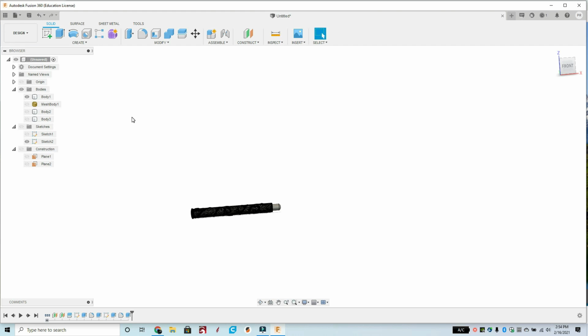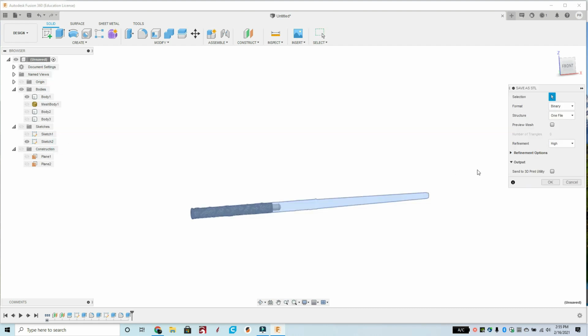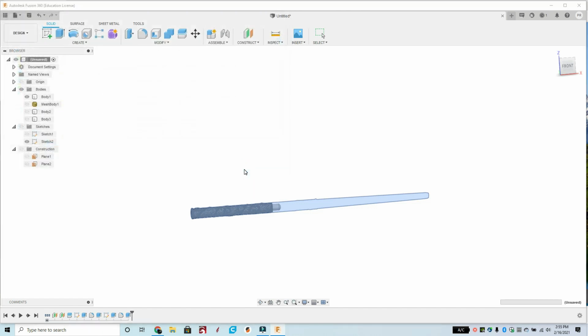If you have multiple bodies on your sketch, you just go up to where it says unsaved, since I haven't saved the document yet, and you right click there, and then you hit save as STL. Click OK, and then you save it to what you want. Wand base. Click OK. All right, now we go to the next piece,